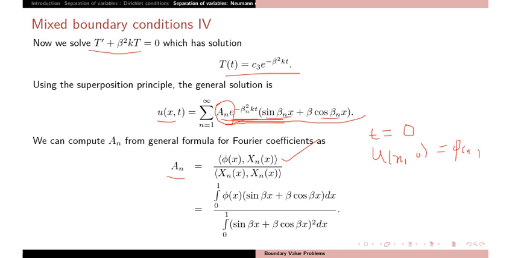And what is the inner product in this space? Integral 0 to 1, phi(x) multiplied by the other X_n, where X_n is sin beta plus beta cos beta. So what is the inner product? Phi multiplied by X_n dx, and division, integral 0 to 1 of X_n with X_n, so X_n square then dx. So just compute these a_n from the general Fourier coefficients, and here you are not getting a simple Fourier series, so use the generalized Fourier series. You can recall this formula from the Sturm-Liouville problem for ODEs.